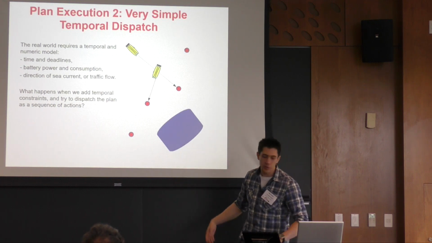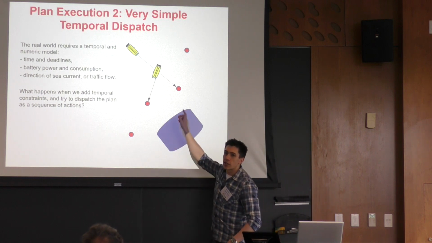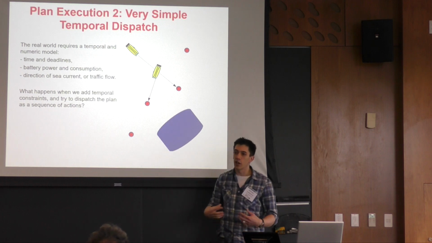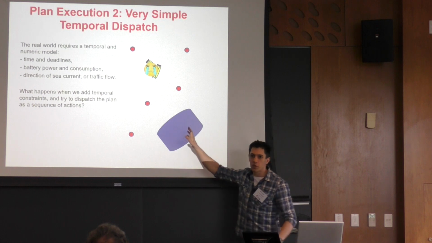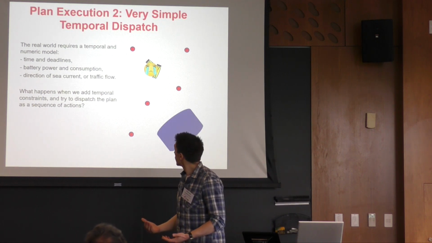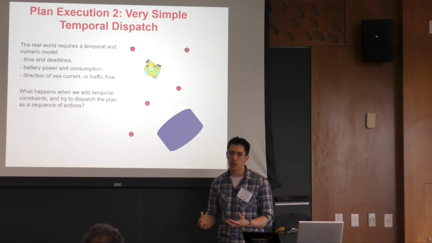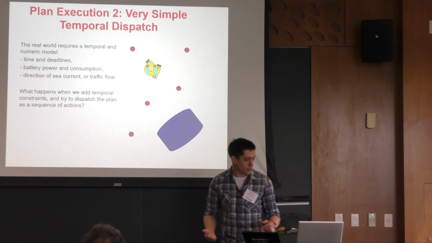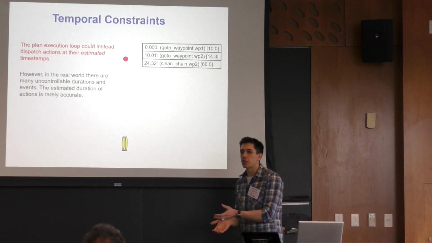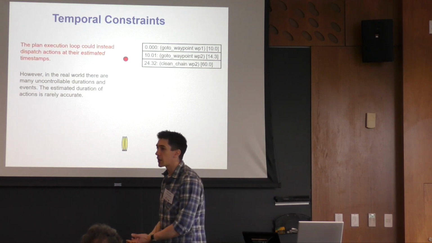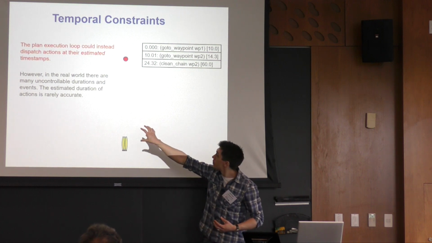So the first one would move up, the second one moves down. And worse than that, if the plan was that these AUVs were to move to their destinations concurrently, but we're not dispatching it that way, then the plan can be completely wrong. They would crash. The execution of the plan is no longer what the planner simulated when it solved the problem. So we can try to make the execution match more closely the execution trace that the planner expected by dispatching the actions at their estimated dispatch times.